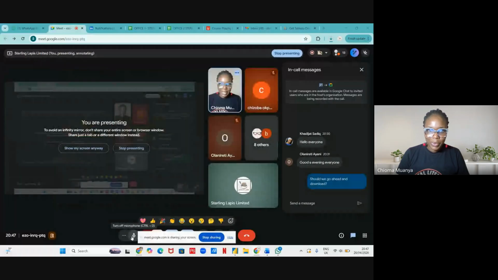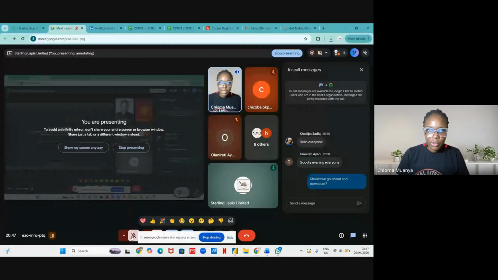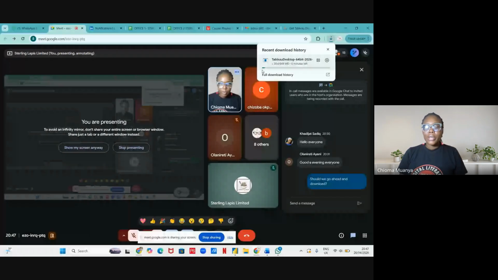Let's see the progress of the download. It's just taking some time. Whenever it completes the download, you double click this and you do install. We all know how to do that. Then from there, we're going to go back. We'll let it take its course. I'm going to share my screen now, and while this is running, we're going to work on the Tableau